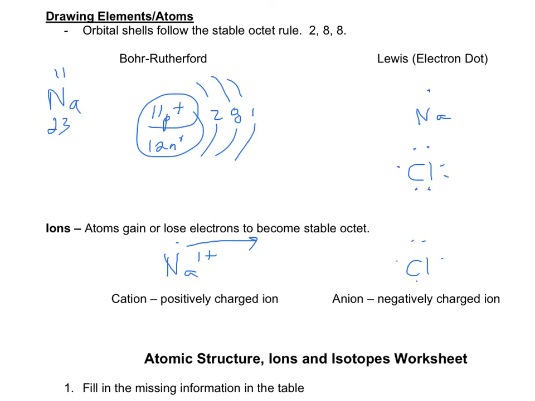We would start off with our 7 dots, and then we would say we would gain an electron from somewhere else. We could either use a different color for that electron, or we could say, hey, I have an electron going in there. And then we would put a 1 minus charge